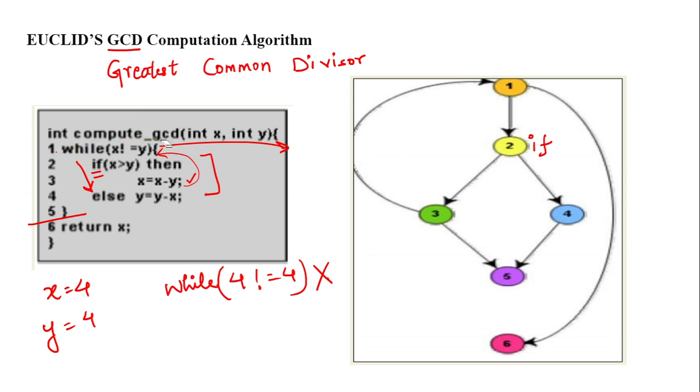अगर आपका while स्टेटमेंट ही फॉल्स है, you will not go inside the loop, you will move out of the loop as soon as you see that the while statement is false. तो इसीलिए यहाँ पे 1 से 6 डायरेक्ट है, बट 5 to 6 का कोई कनेक्शन नहीं है बिकॉज these are not connected to each other. This return x is related to this while, कि अगर ये while कंडीशन जैसे ही फॉल्स होगी, आप return x करके बाहर आ जाओगे. I hope this is clear to everyone.